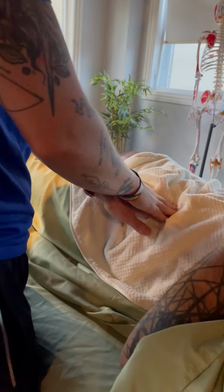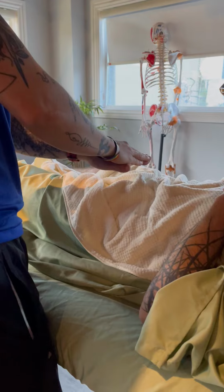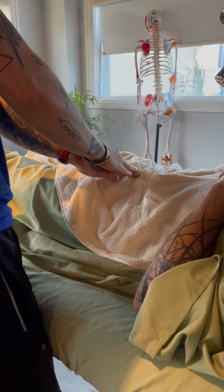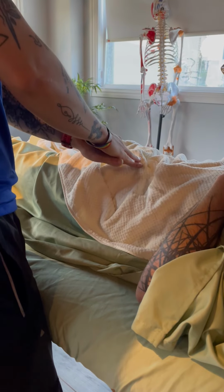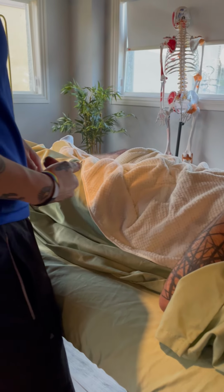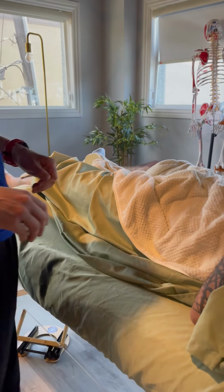Good. So basically, a little bit in, but think about staying close to the ASIS as you go into the pelvic bowl. It's kind of like this motion right here. I'm scooping in. I'm not just going to drive straight in towards the spine. It's kind of down and in towards almost the SI joint. I'm just going to ride the ilium to the inside. If you're unsure,